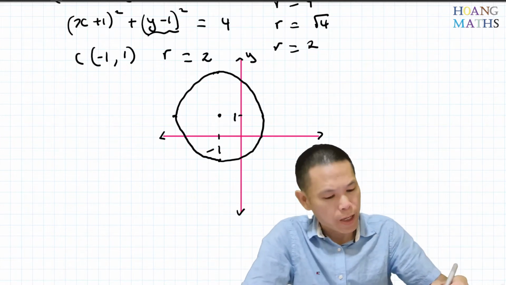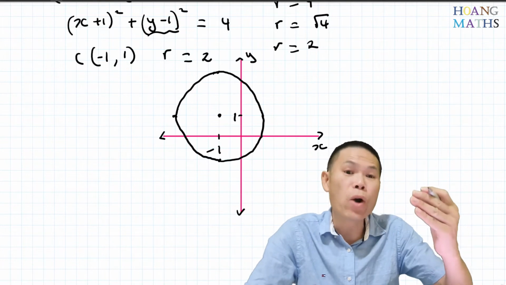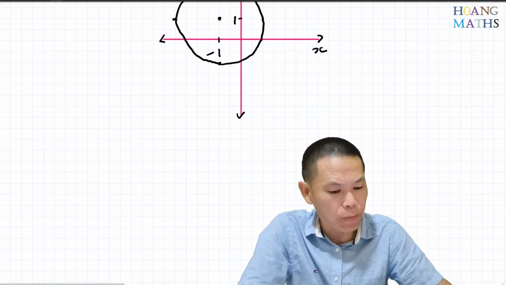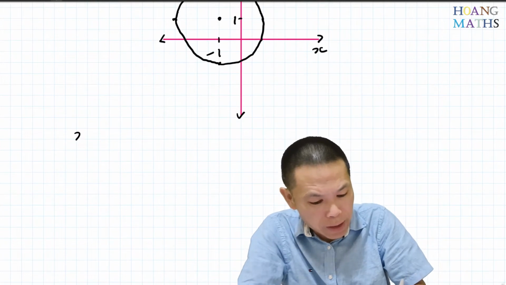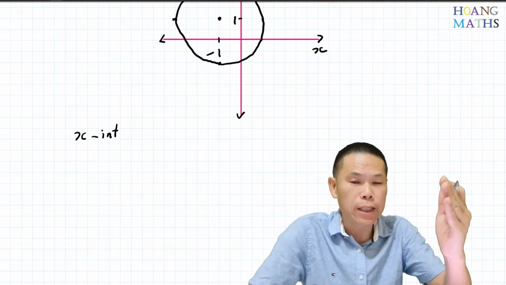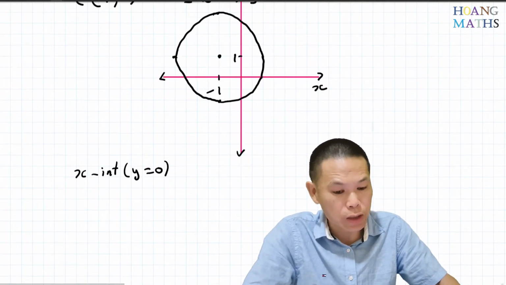There you go. So this is 1. 1 is the center. Now to work out the x and y intercepts. To find the x-intercept, I just write it down first. X-intercept means when y equals 0. Okay, so when y equals 0, I just use